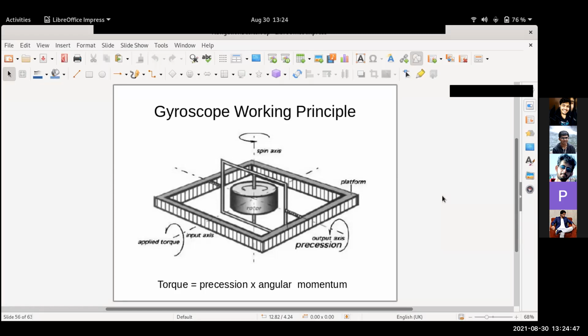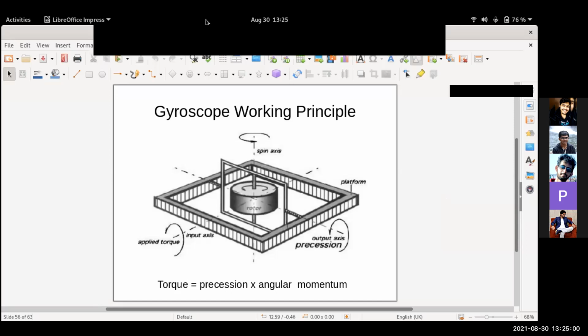So that is also called the gimbal lock. You can imagine an aircraft or a spacecraft carrying three such things in three different axes. So when